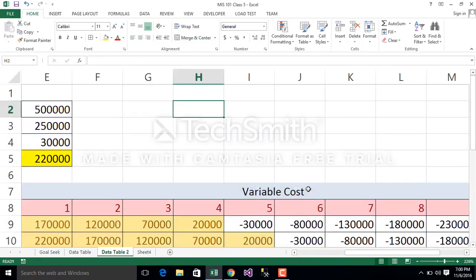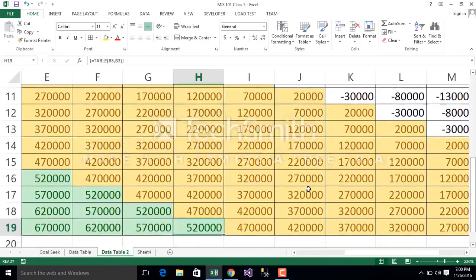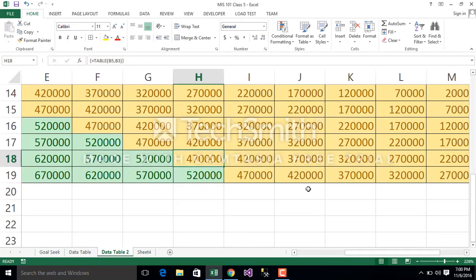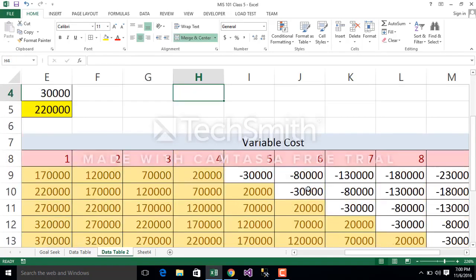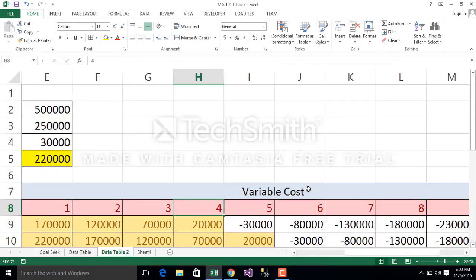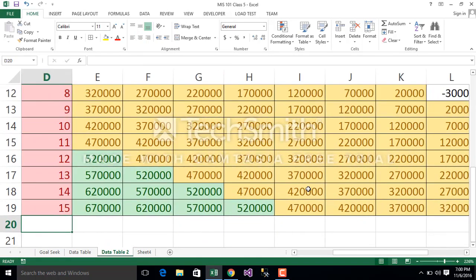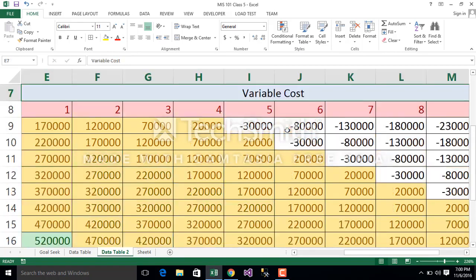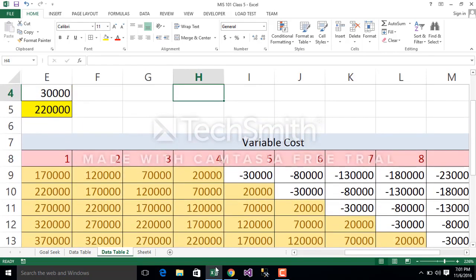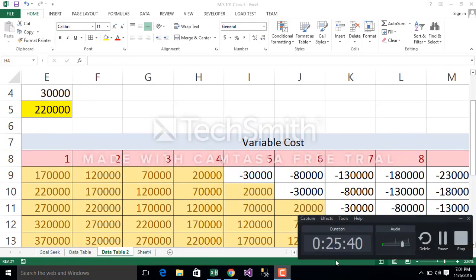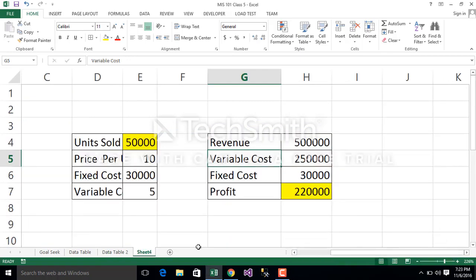From here we can decide to reduce our variable cost to 4 and increase price up to, and then we will get 42,000. So by this way we can make different types of decisions in our problem. At last we are using